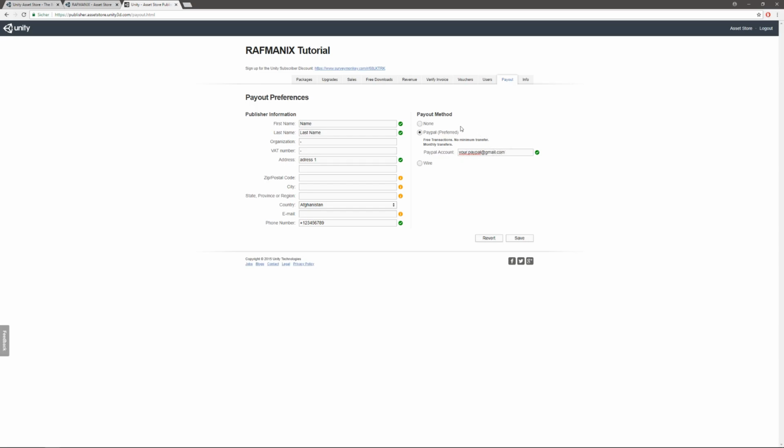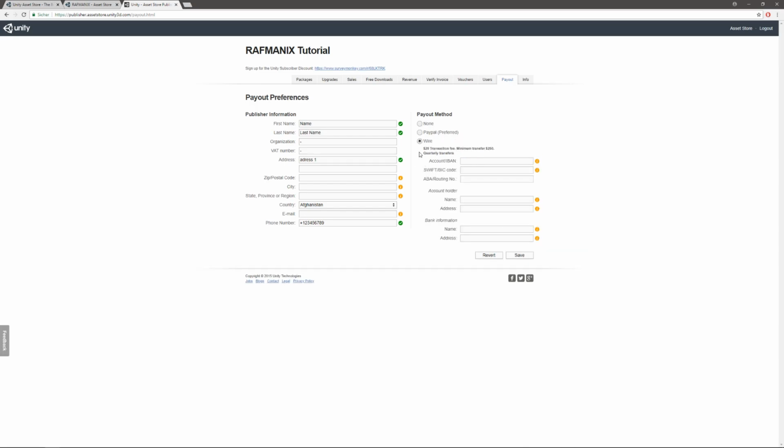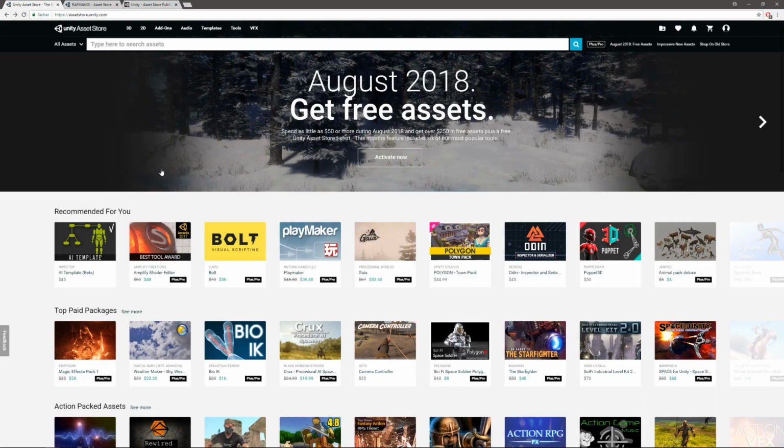Here you will be paid out every month on the 15th. On the wire option, they pay it out quarterly. That means every 4 months they pay out your income. It has to be $250. If you don't have the $250, they don't pay it out. So make sure you want this option.